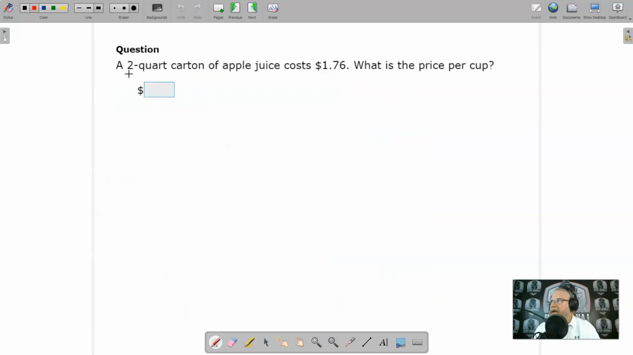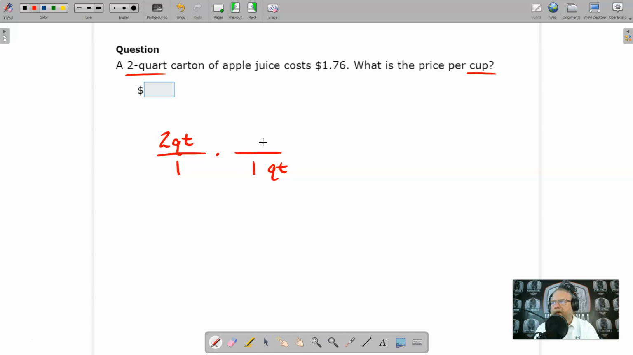Let's look at the next one. A 2-quart carton of apple juice costs $1.76. What is the price per cup? So the answer is supposed to be for cups, but they give us quarts. So in this case, we need to first take 2 quarts, and we're going to convert that to cups. And let's put quarts down here so it'll cancel. In 1 quart,